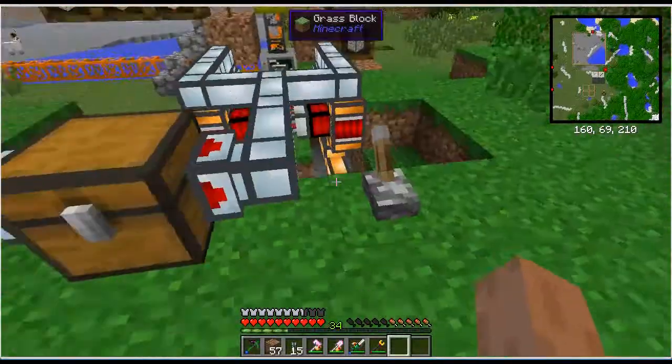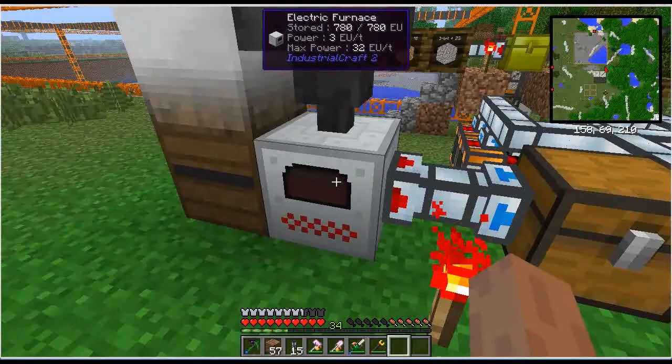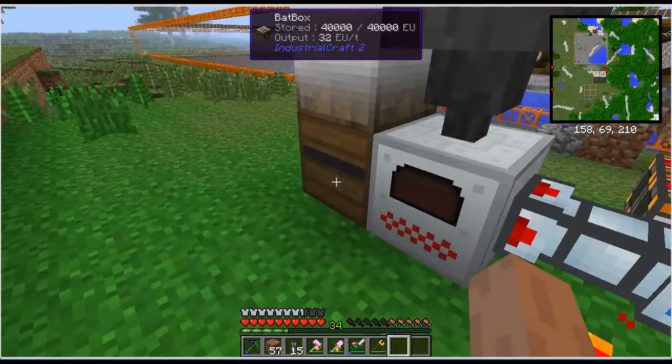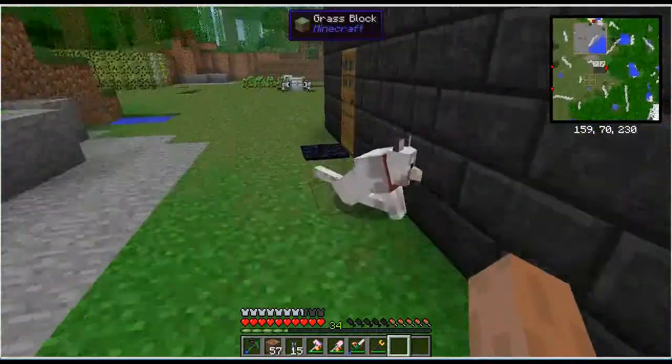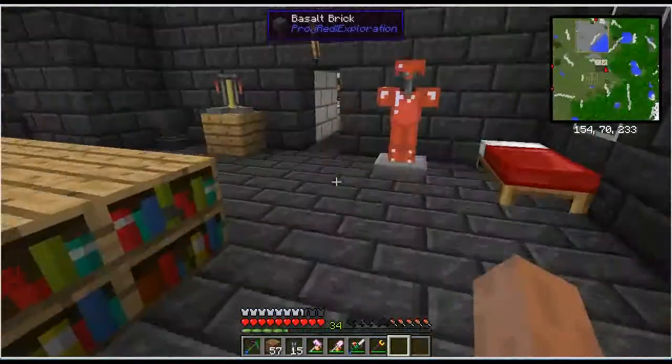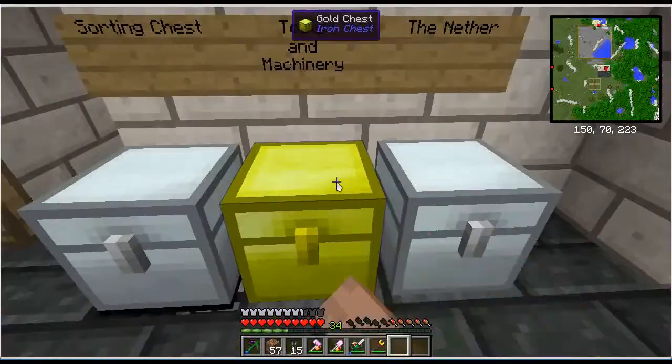So, anyway, this does work, and we're still making the charcoal with the furnace. The bat box is full again. I think I'll go put the overclockers back in, see if it can keep up this time. I think it might have just died because it had to work overnight. I think that's why it died, but